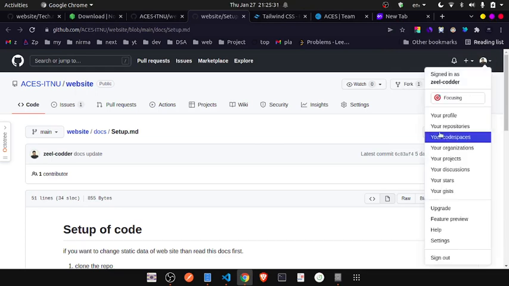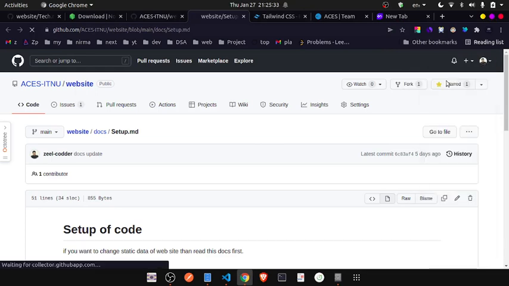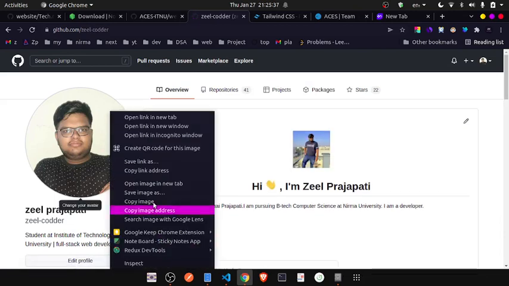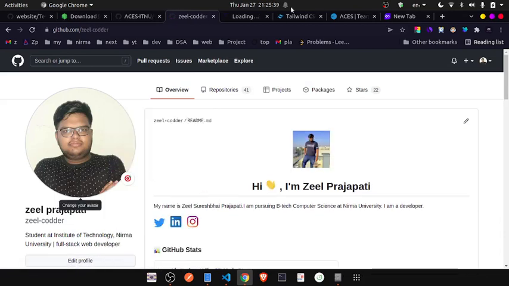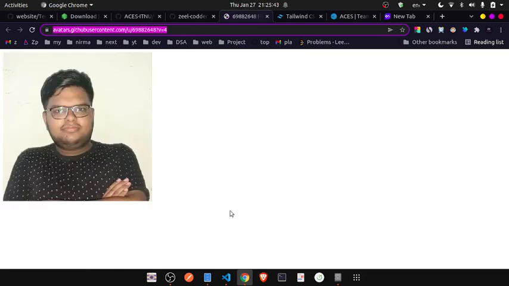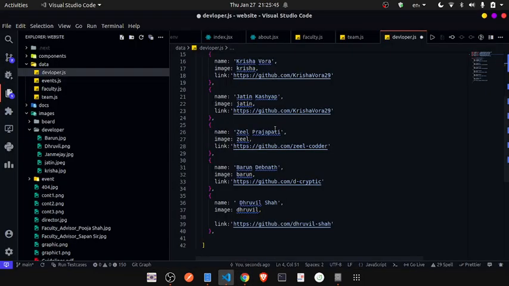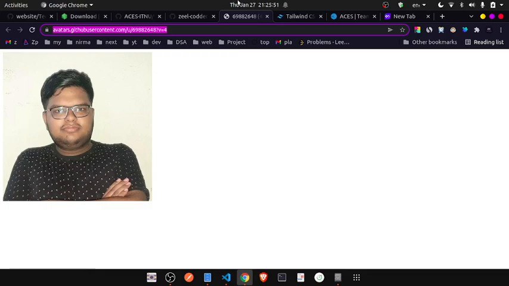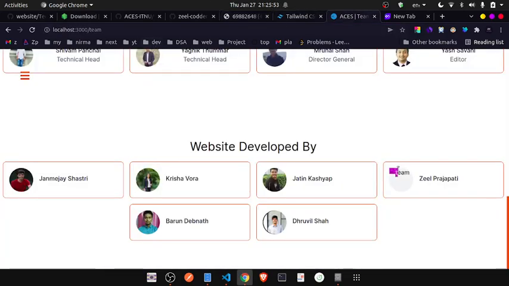Just go to the home page. I am just grabbing that image, don't worry, I'm not doing anything. So inspect, open image in new tab. This is my image URL from official GitHub, and from that we can put a direct image. In the output you will see that